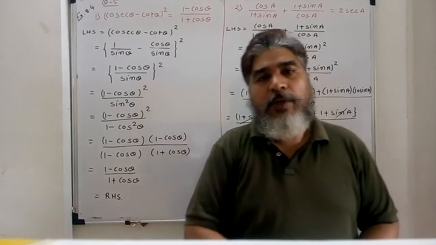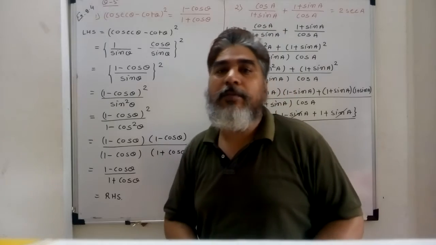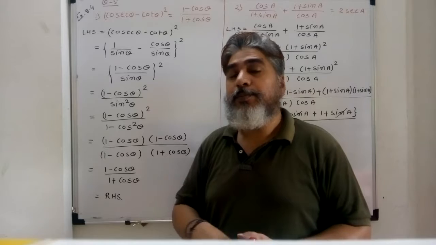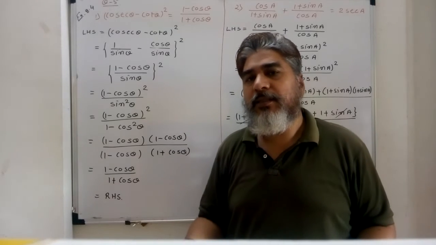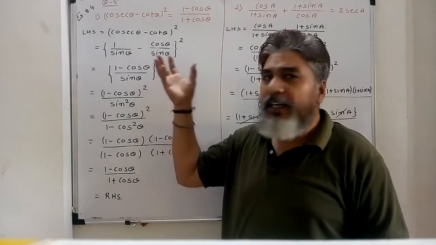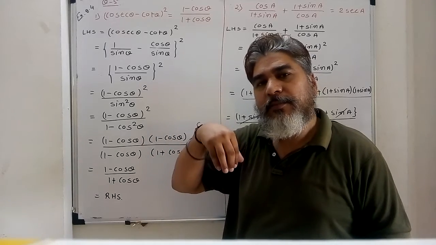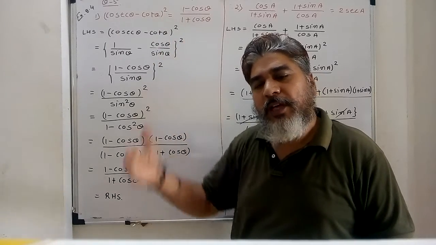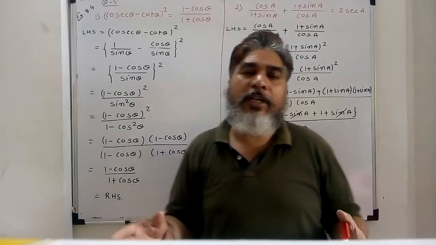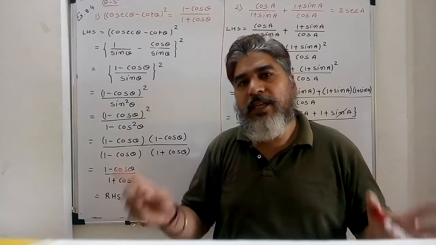In this video we will discuss exercise 8.4, question number 5 and its sub-questions 1 and 2. The questions you are given say to prove them as identities. So you have a left hand side and a right hand side. You can start with the left hand side and prove the right hand side. That means start from the LHS and reach the RHS, or you can prove it by solving both the LHS and RHS and reaching the same value.